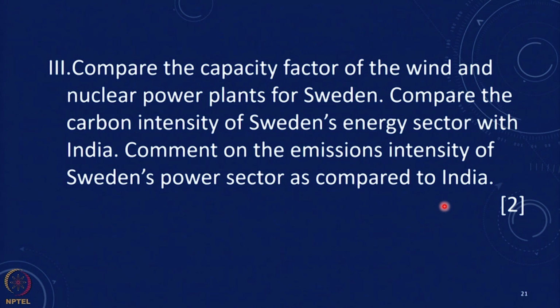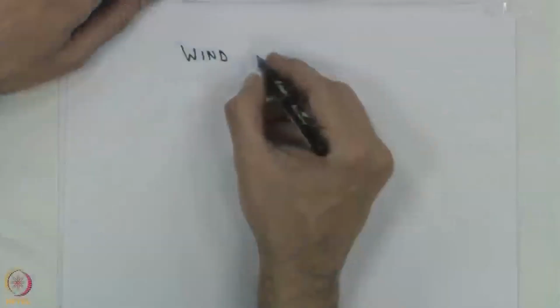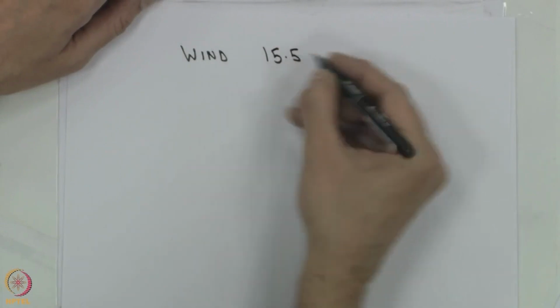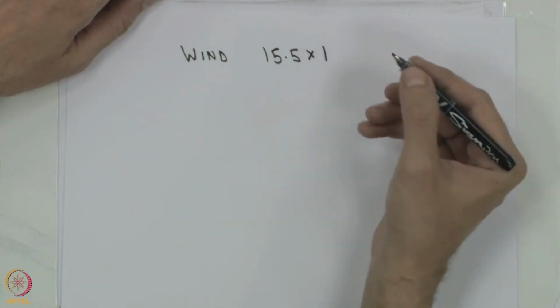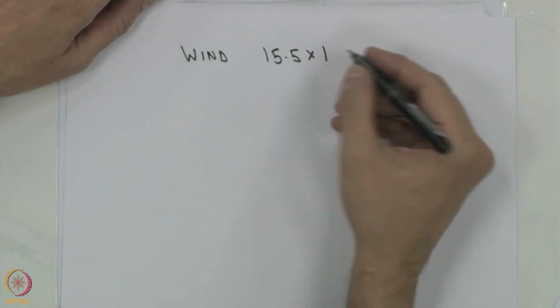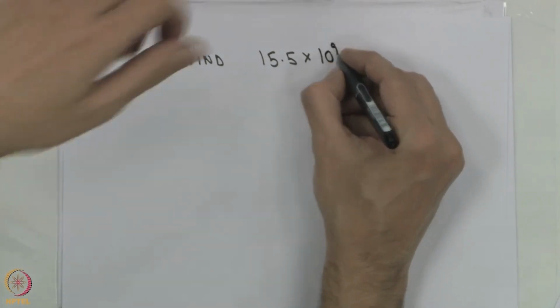This is fairly straightforward because we have the installed capacity and the generation, and all we need to do is find the capacity factor. In the case of wind, the generation is 15.5 terawatt hours, that is 15.5 into 10 raised to 12 watt hours, and in kilowatt hours this will be 10 raised to 9 kilowatt hours,